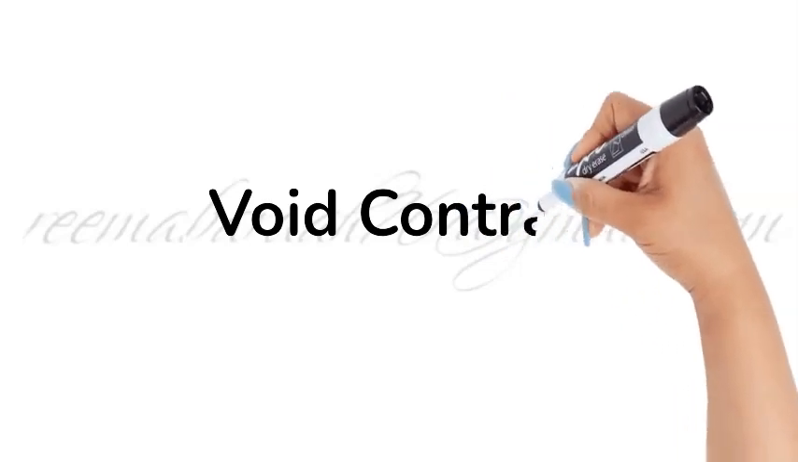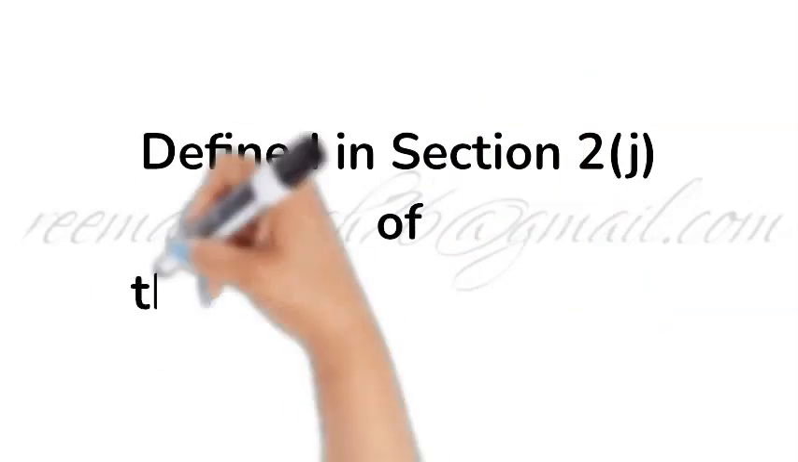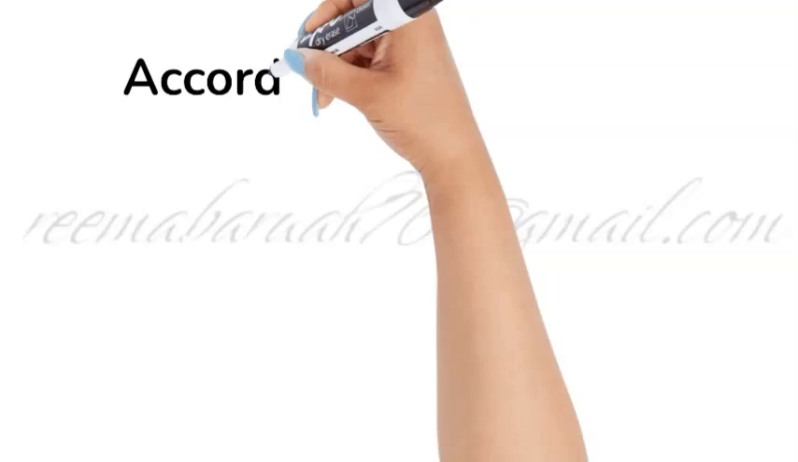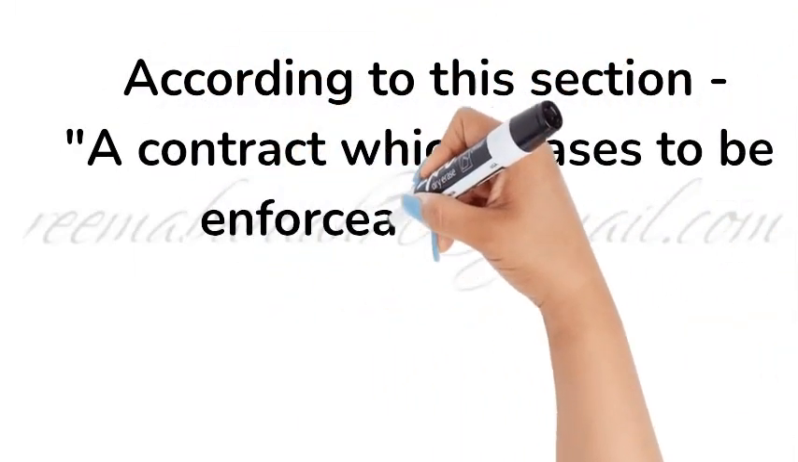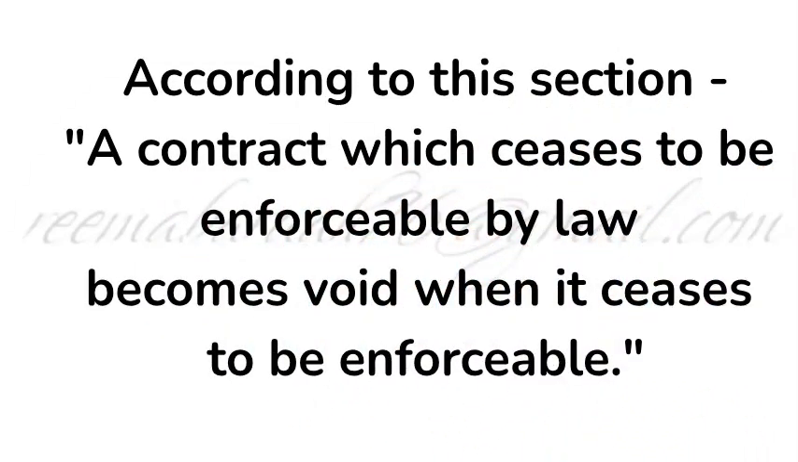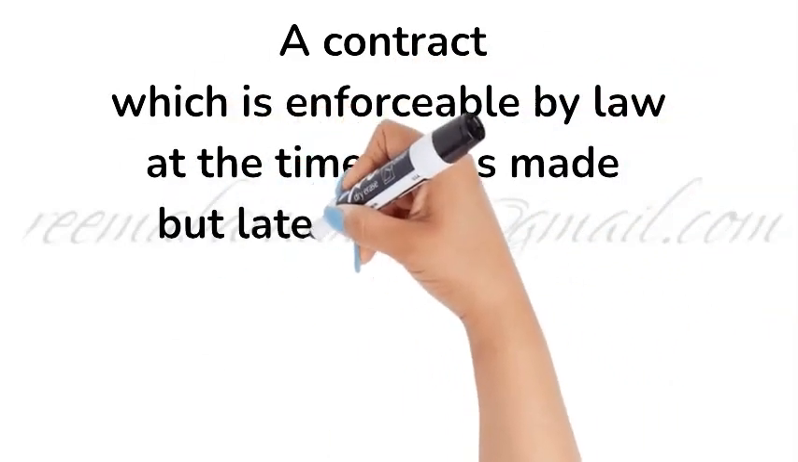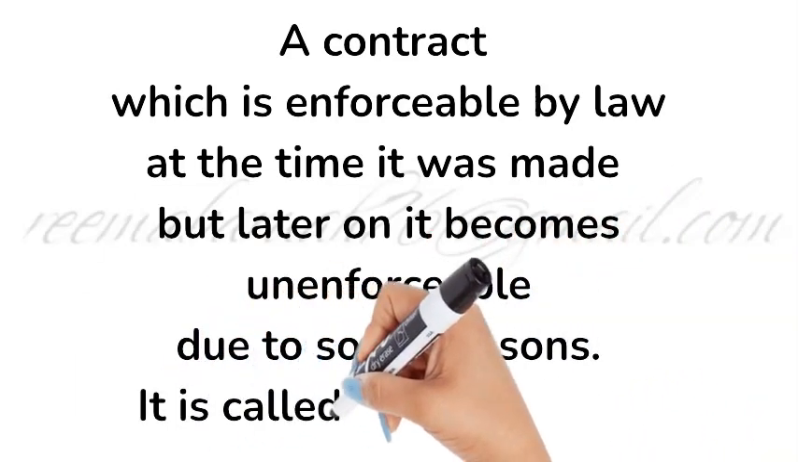Next point, void contract. The term void contract is defined in Section 2, Clause J of the Indian Contract Act. According to this section, a contract which ceases to be enforceable by law becomes void when it ceases to be enforceable. A contract which is enforceable by law at the time it was made, but later on it becomes unenforceable due to some reasons, it is called void contract. Example: